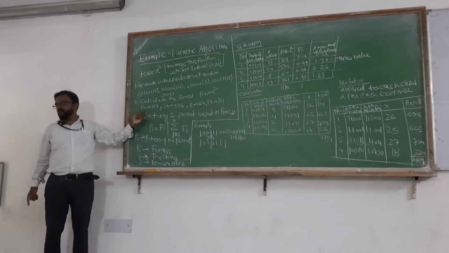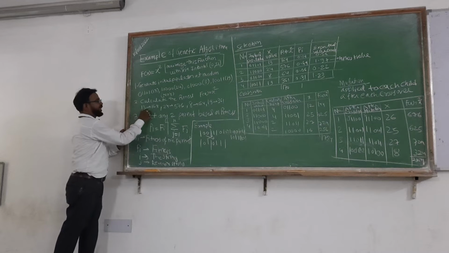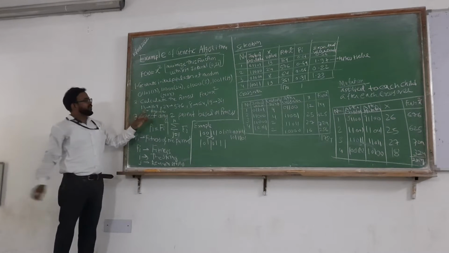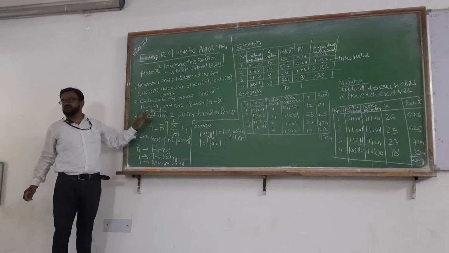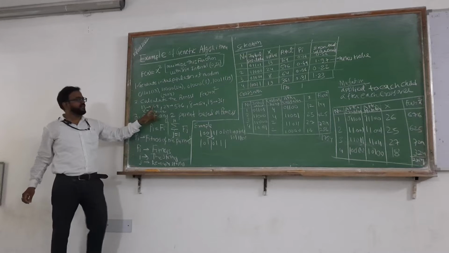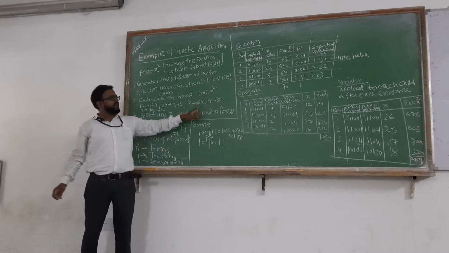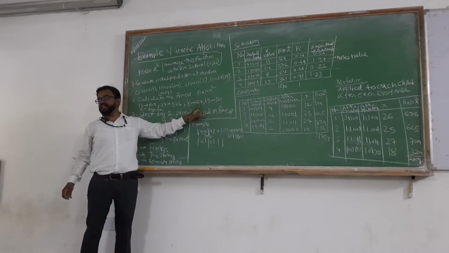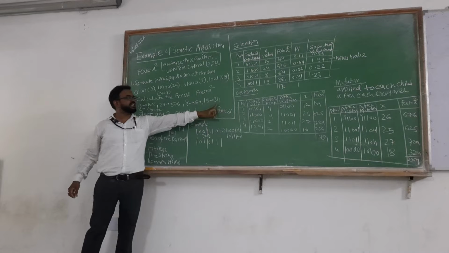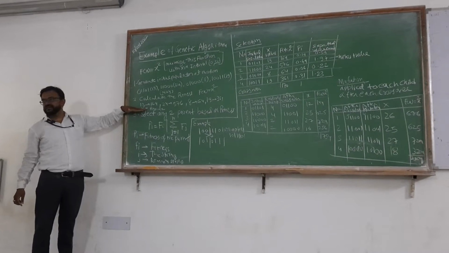So here x is equal to how much? x is equal to 13. So what is f(x)? f(x) is equal to x square, so 13 square is equal to 169. For 24, the square is 576. For 8, the square is 64. If it is 19, the square becomes 361. So the second step is clear now.